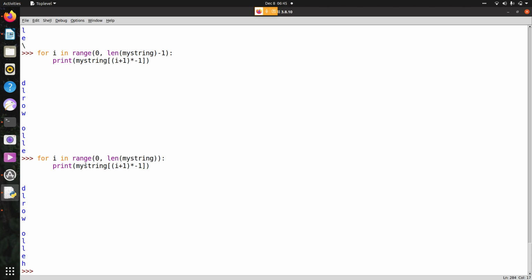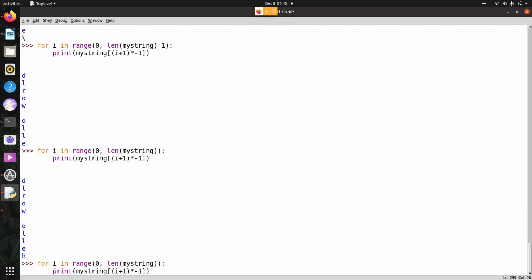Here what we have done is we started from 0, and went till the len of my string minus 1. The logic behind this is the same. Now I'll remove this one.